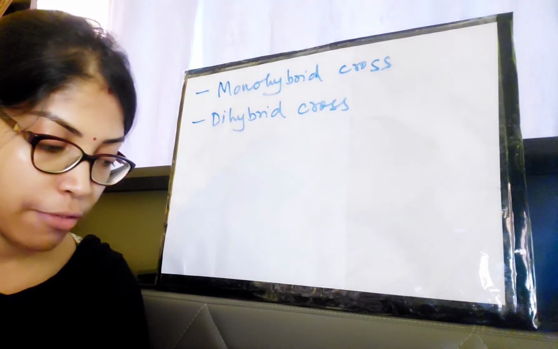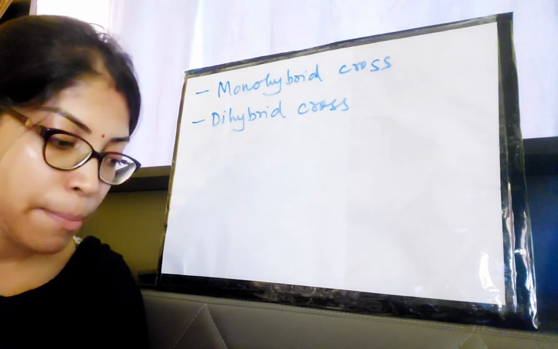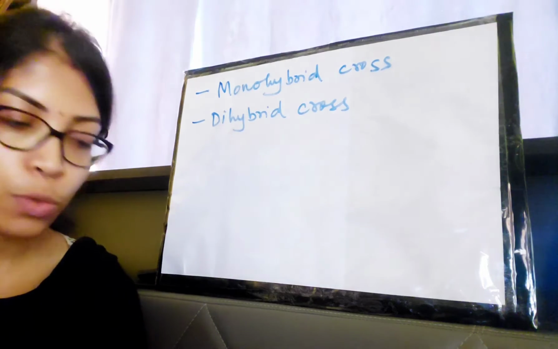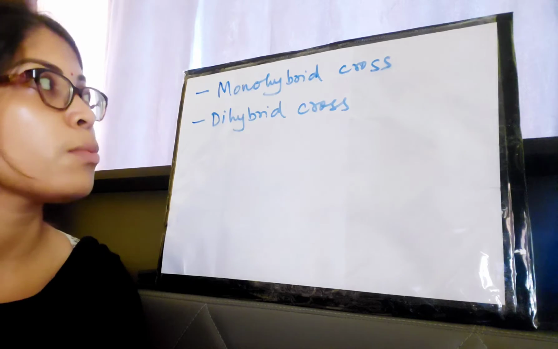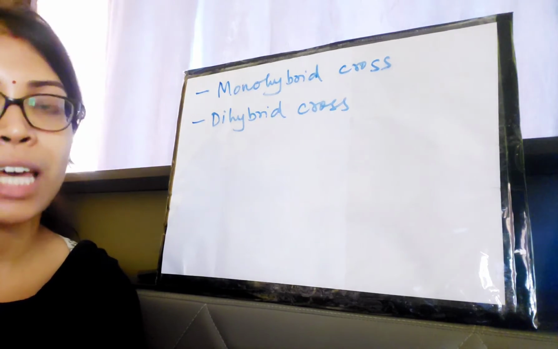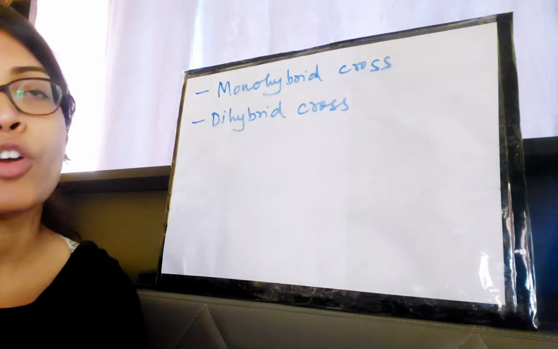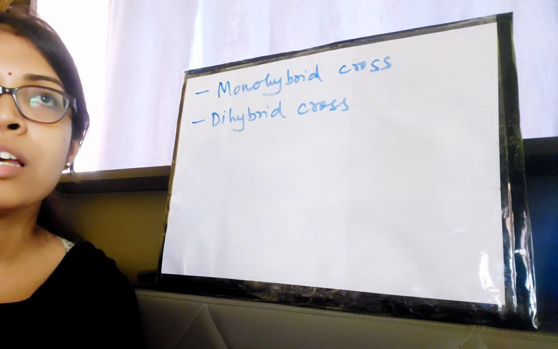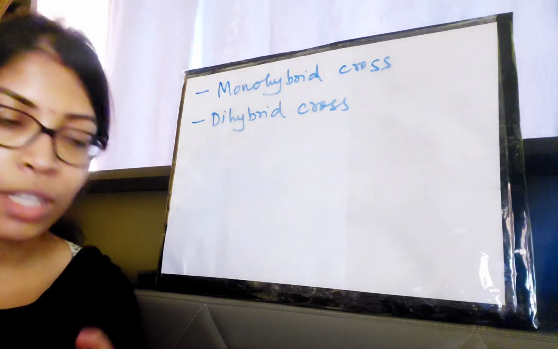Look into your book for the definition of dihybrid cross. The genetic experiment of crossbreeding where two pairs of contrasting characters, that is two alternate forms of two different characters, are considered is known as dihybrid cross. So previously in monohybrid cross we saw that only one pair of contrasting character was seen. That is, in case of pea plant it can be a cross between a pure tall and a pure dwarf pea plant, where the difference between the two is based on only one character, which is height.